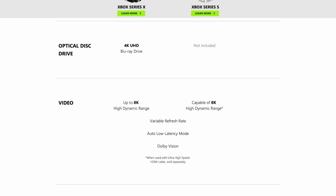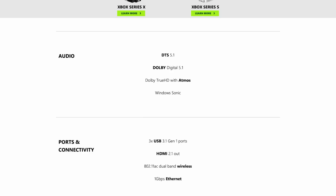The Series X comes with an optical drive, the Series S does not. When you look at the video capabilities, the Series X goes up to 8K, and the Series S is capable of 8K, provided that you have an ultra high-speed HDMI cable, which you'll have to buy separately. Both systems come with DTS 5.1, Dolby Digital 5.1, Dolby TrueHD with Atmos, and Windows Sonic, and the ports and connectivity are pretty much the same. You get 3 USB 3.1 Gen 1 ports, HDMI 2.1 out,